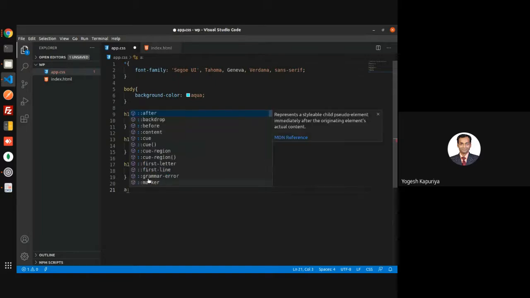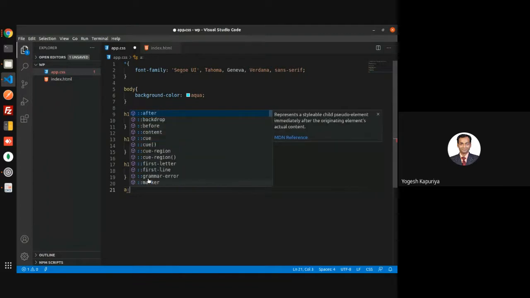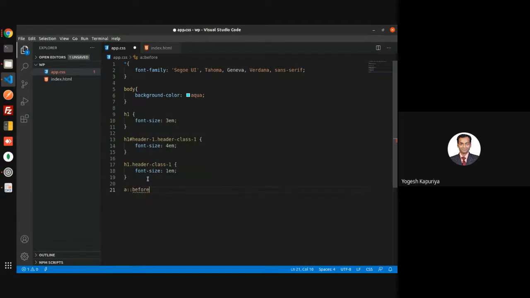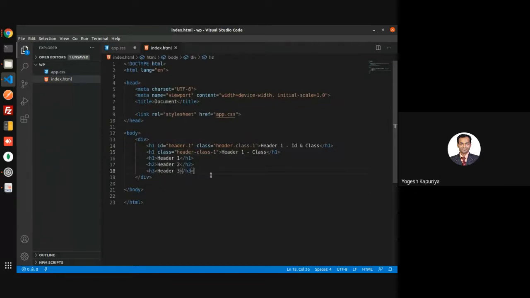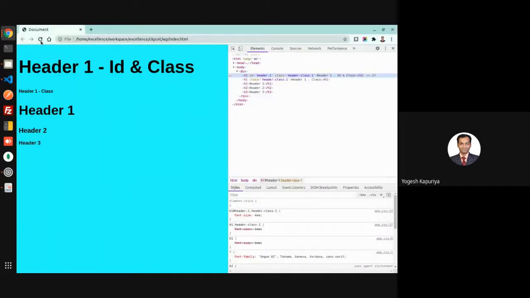There is something called a pseudo class as well. So what is a pseudo class? Let me give you an example. See, A is a tag which is used for creating a link. So here we have created a link, Google.com.